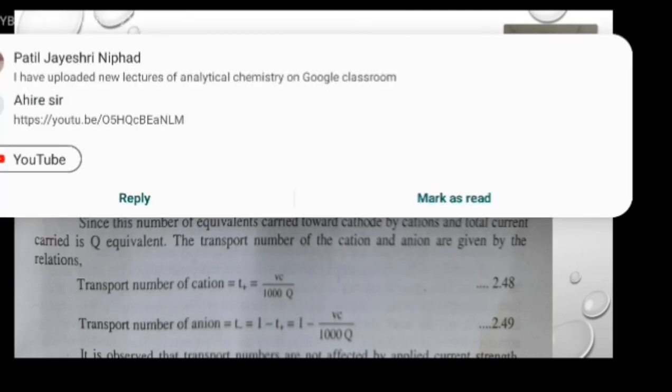So friends, in the moving boundary method, the selection of electrolyte is very important, as we know the densities of the electrolytes. Particularly cadmium chloride and hydrochloric acid are used because one ion is common in this case. Friends, in this way we have discussed the moving boundary method. It is the second method. If you have any query regarding this, you can ask me. Thank you very much.